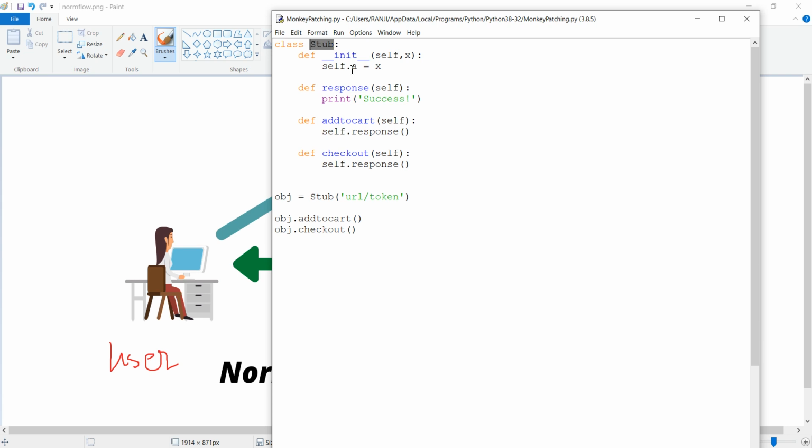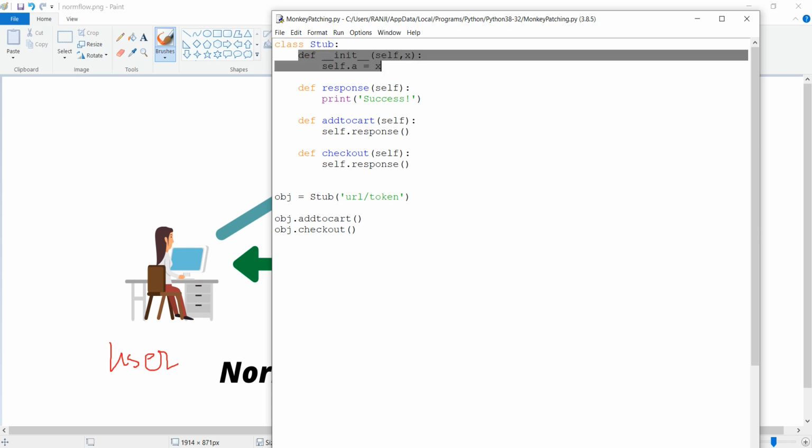The name of my class is Stub, and inside this I define the initialization variable. First is my init method, and in the init method I expect a parameter, consider it a token, so that it will get initialized.